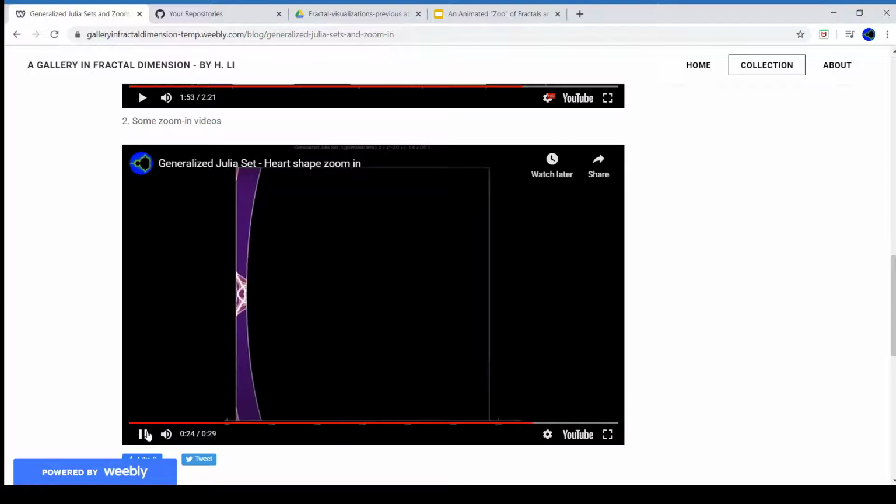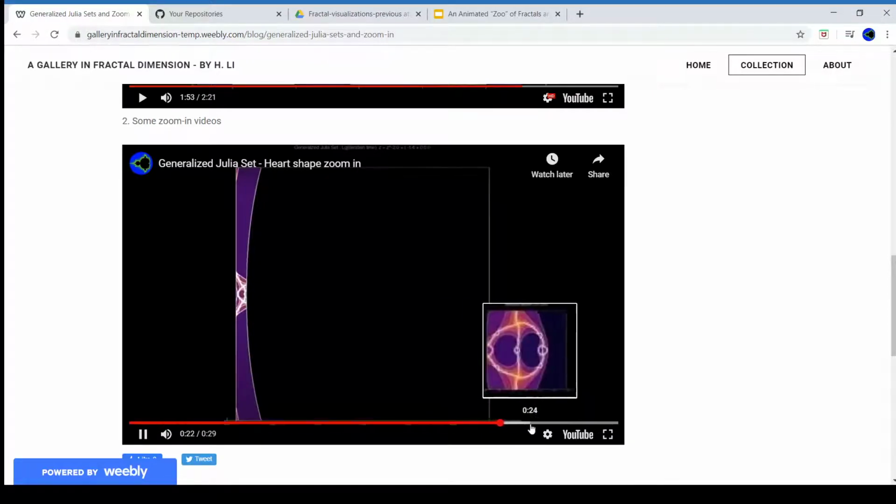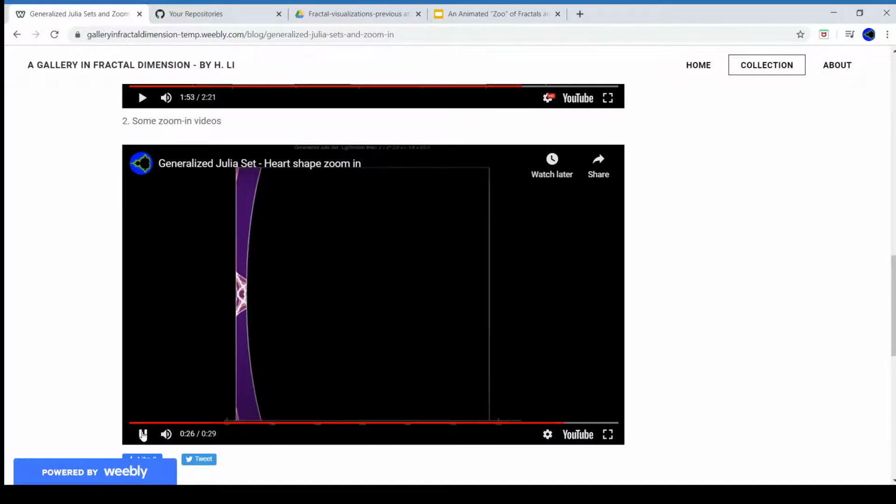And when you do zooming video, you gotta pick a relatively complex point, not just for your video to be beautiful, but also to avoid the problem of rendering failure of the contour plots. That's because the way the contour plots are rendered requires some values at this point to be different from some values at the other point,